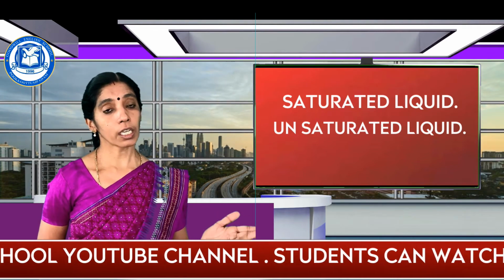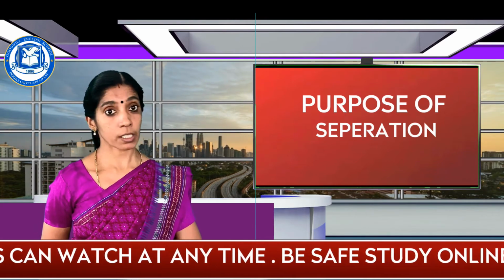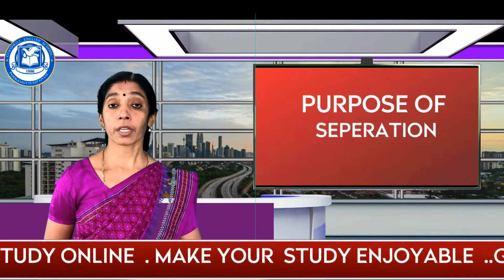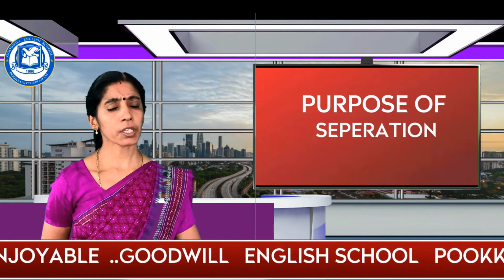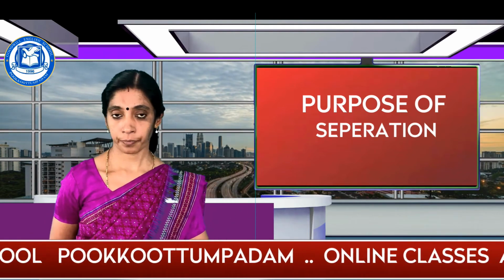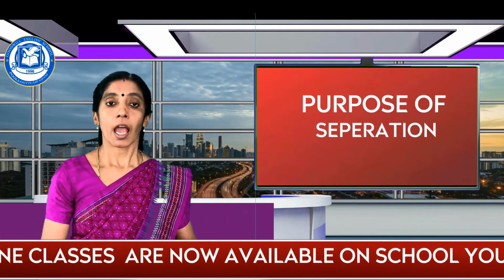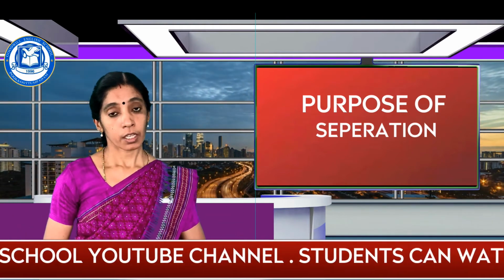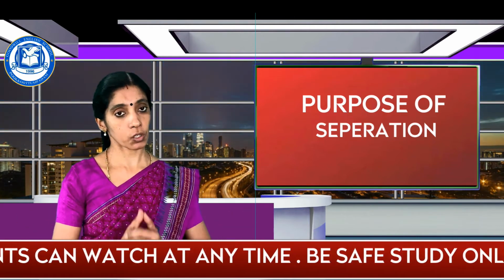Right? So we learned so many methods of separation, and now let us see what is the purpose of this separation. Why do we do this separation? We do separation for many things. First thing, to remove the impurities. Impurities are unwanted things. So we have to remove them, we do separation. The next one is to separate a mixture into two or three and use each one in different situations. For this also we do separation. Next one is to remove the unwanted things. This also is done by separation.